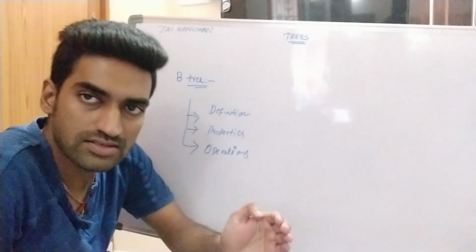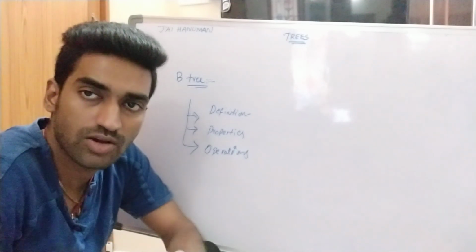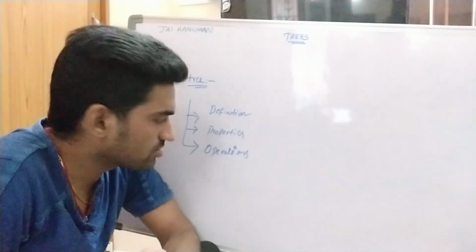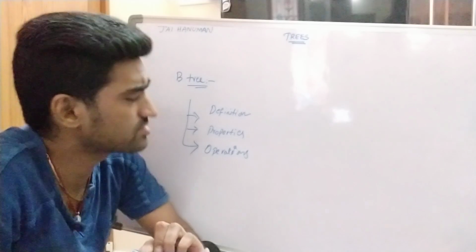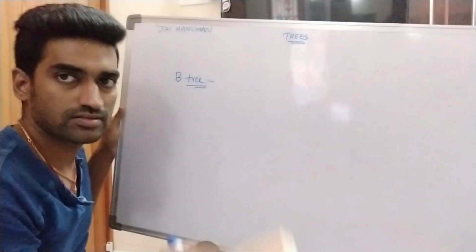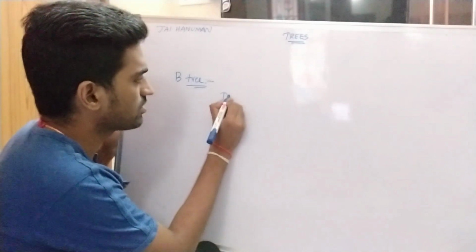Generally, how to construct a B tree? That is nothing but the insertion operation, as well as how to delete key values from the B tree. So those are the operations: insertion and deletion. Let us discuss the concepts one by one. What is the first one? Definition. The definition of a B tree: